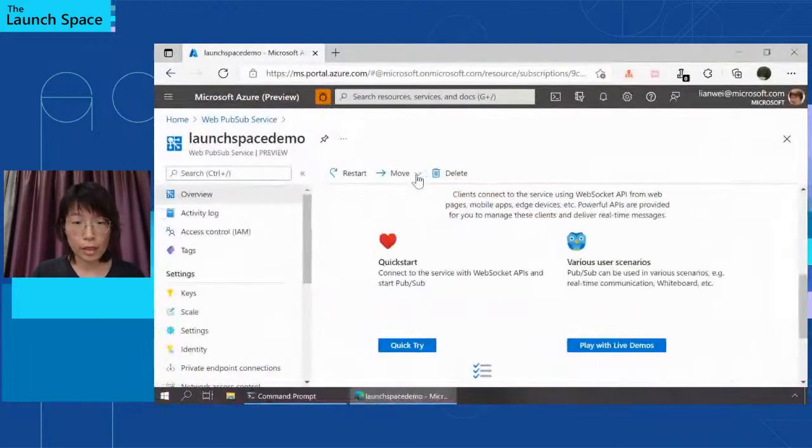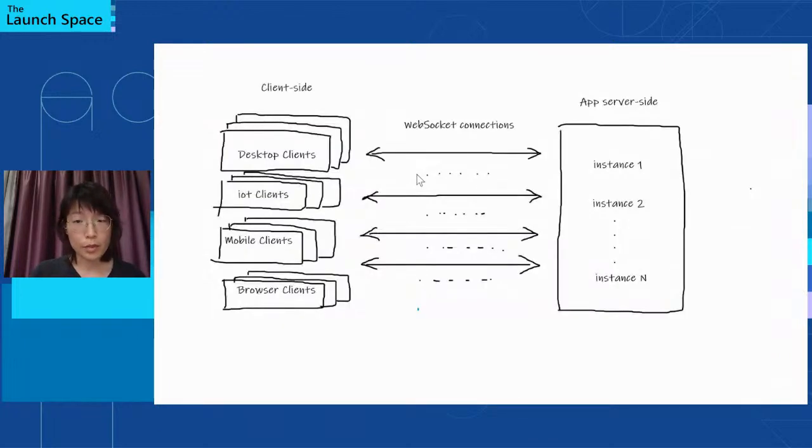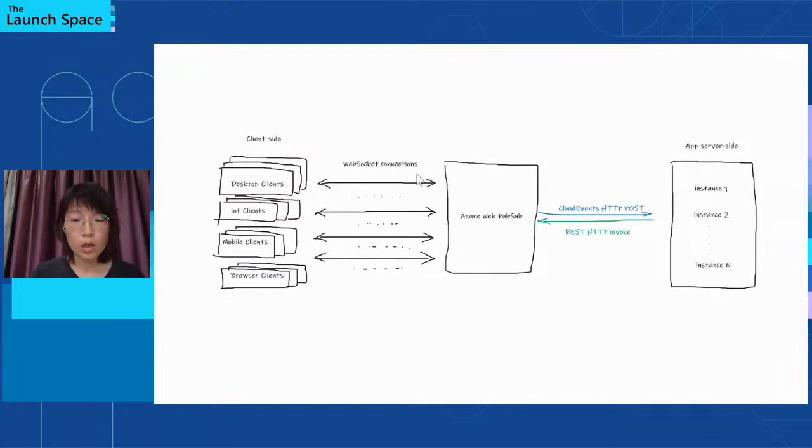So how does this work? I'd like to first give you a general overview. Previously, when we didn't have the Web PubSub service, the client connected to the app server directly using WebSocket connections. So the app server needed to handle this persistent connection by itself. For example, when we upgrade the app servers and take down the instances one by one, when we take down instance one, all the connections connected to instance one would be dropped because this is a persistent connection. So with the help of the Azure Web PubSub service, the clients